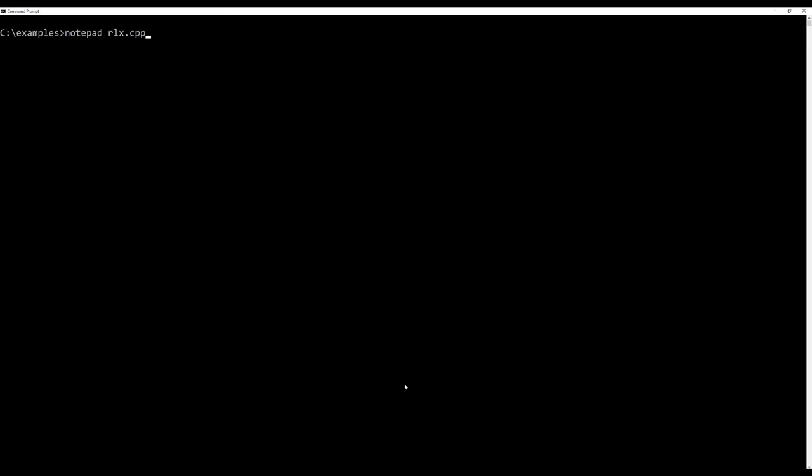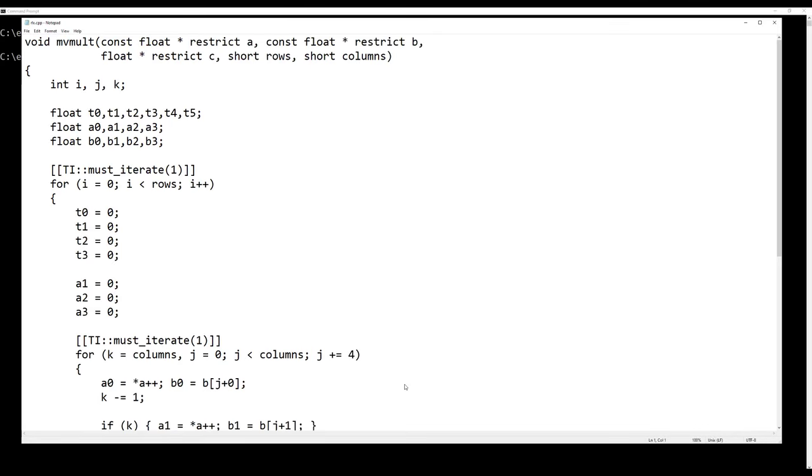To introduce the concept of redundant loops, I will use an example. I'll begin by showing you this source code. We don't need to understand it in a great deal of detail, just a few things. There's a single function in this file, just one function. And this function has two loops, an outer loop and an inner loop. And you see this interesting syntax here. That's an attribute for the must iterate. It tells the compiler properties about the loop, and I will be covering that in some more detail.